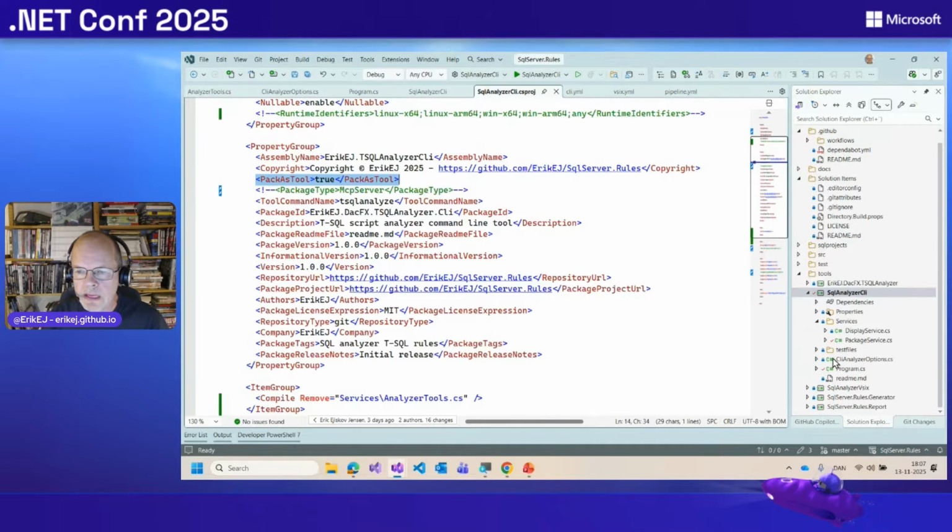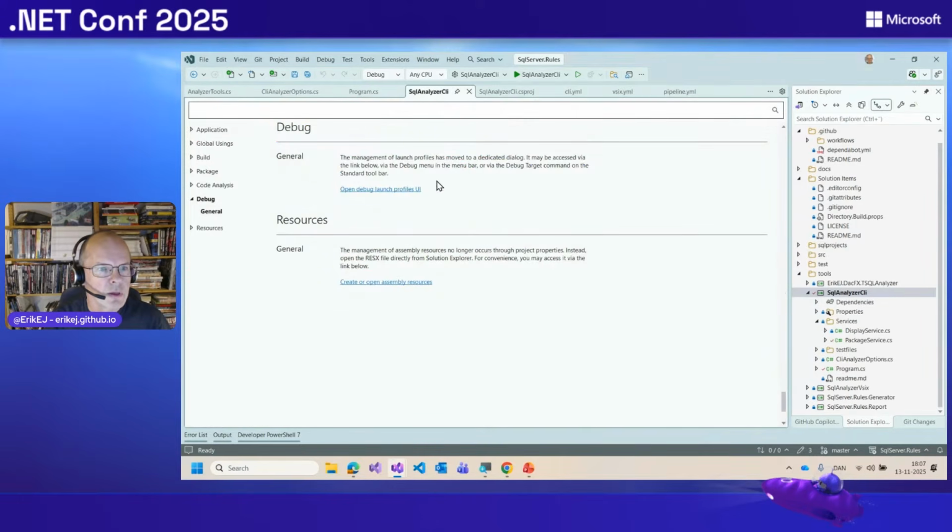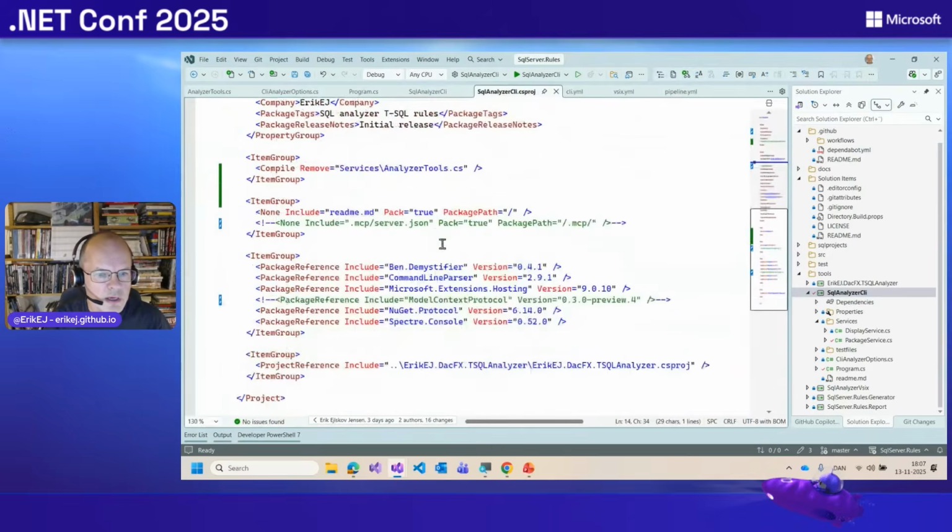So in order to make it an MCP server, first we need to add a reference to a library that enables us to do this without too much effort, and it's called, where is it? Here. So it's called Model Context Protocol. It implements a Model Context Protocol standard way of interacting with MCP servers for .NET.